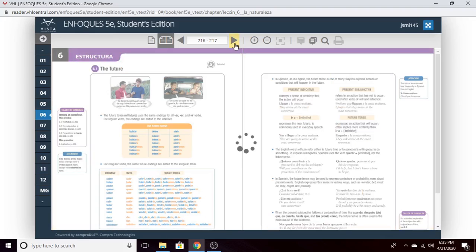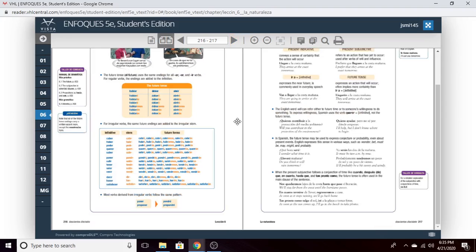What do you do? In chapter 6, we're going to see the future. The future is how you express will. And you may think, well, that's a really common expression. Why are we seeing this so late in our Spanish careers? That's because we've been using ir plus a plus infinitive, which is more like I'm going to do it. This is more like I will do it. They're almost the same, but I think this one's a little bit less common and a little bit more formal.